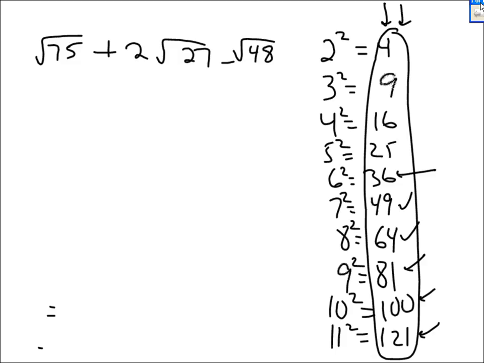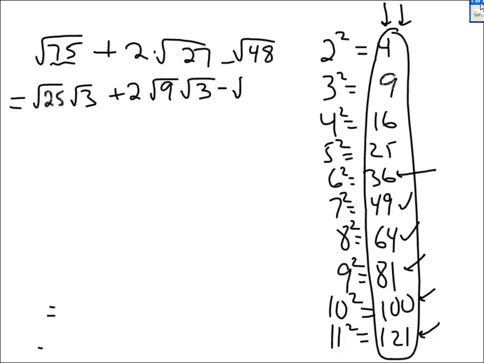So you just have to keep asking yourself, when it comes to stuff underneath the square root sign, what's the largest number on our list that goes into it? Look at 75. The answer is 25. It goes in 3 times. So it becomes the square root of 25 times the square root of 3. Plus 2 times the square root of 27. 27. The largest number on our list that goes into 27 is 9. It goes in 3 times. Minus